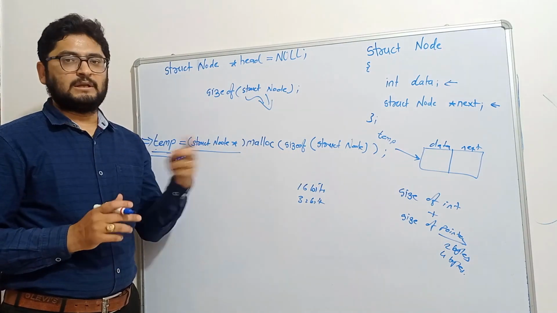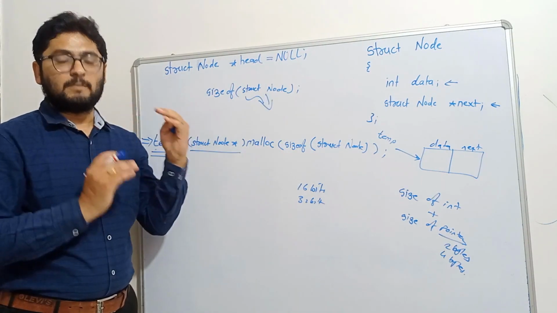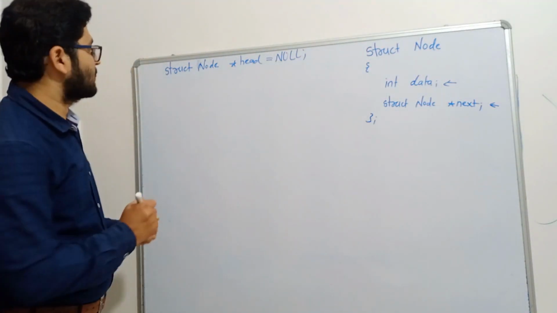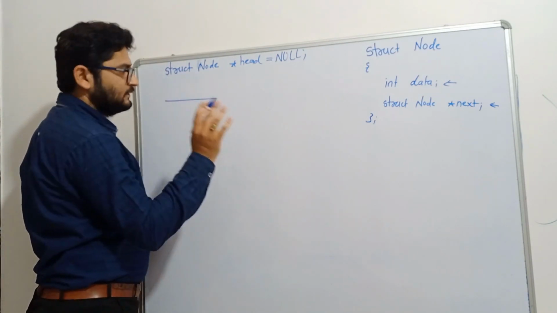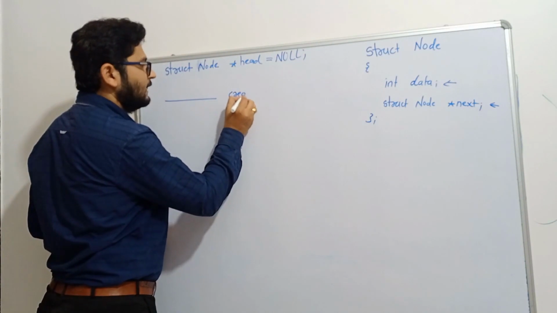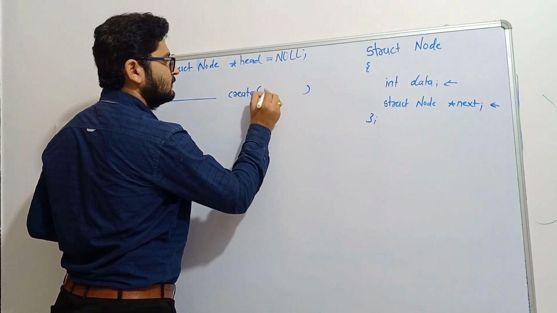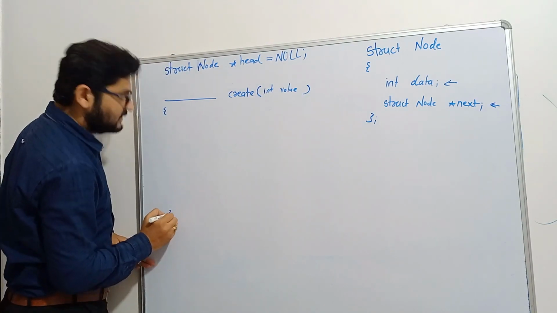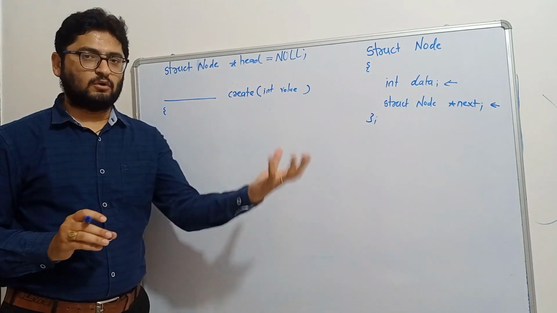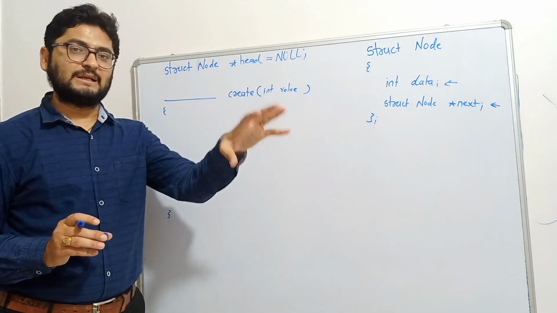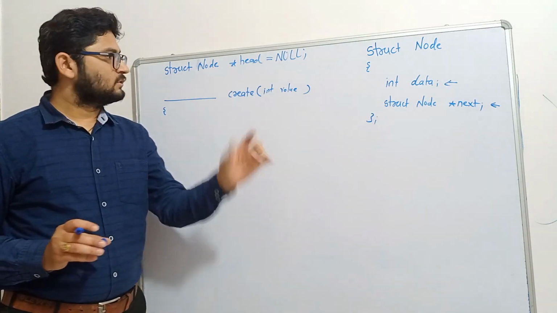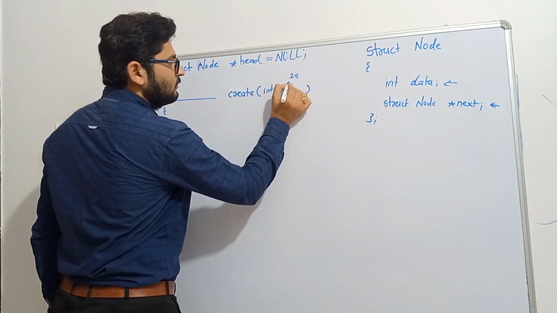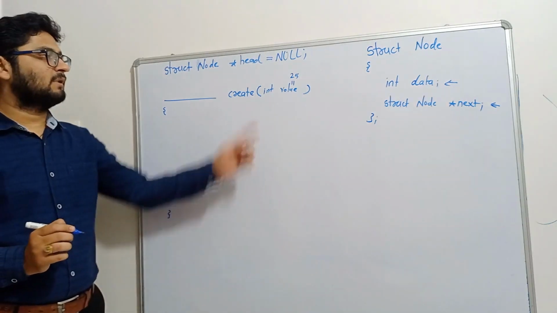Now, how are we going to use this malloc in our code? Let us see by writing the complete code of the create function. So the return type of the create function I will tell you later. First of all, I need to write create and I will pass the value for which I am creating this node. Obviously, we create the node for some value, right? If you want to store some value into the linked list, then and only then are we going to create the node. So that is nothing but that value. Let us suppose I want to create the node for value 25. So the value of this value variable is nothing but 25.